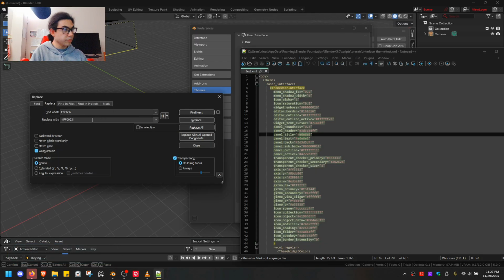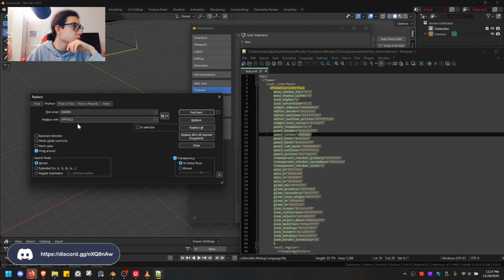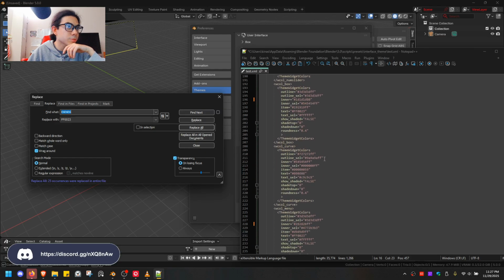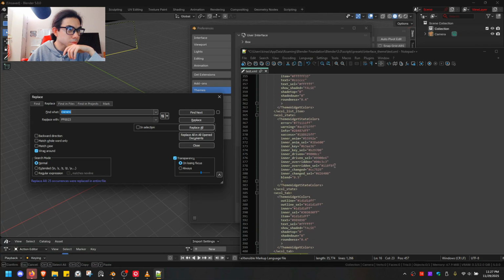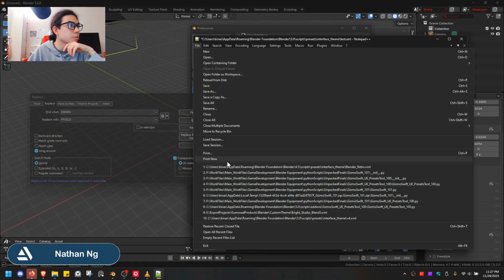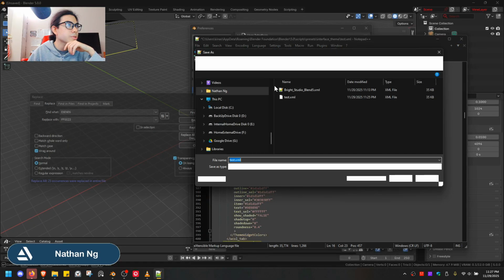Tell it to replace every single one of them with this color code, and hit replace all. It's going to go through every single one of these, find that similar color, and just replace it. And then if you want to see what happens, I would just do file, save as,